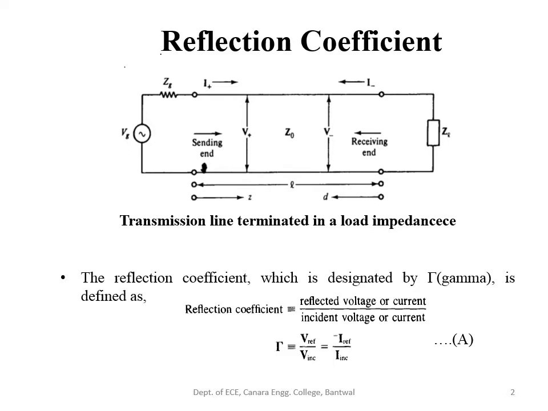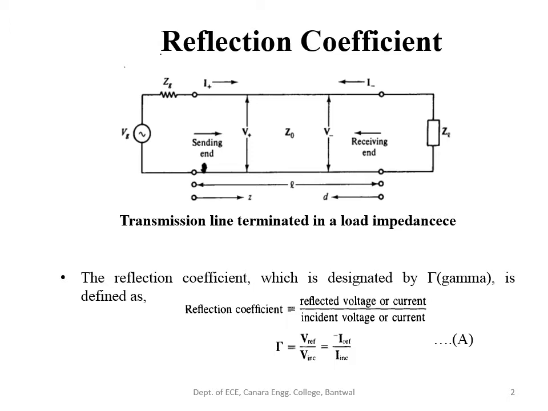Reflection coefficient is a parameter that describes how much of a wave is reflected by an impedance in the transmission medium. It is equal to the ratio of the amplitude of the reflected wave to the incident wave. In the figure, a signal source with internal impedance, possibly followed by a transmission line of characteristic impedance Z0 driving